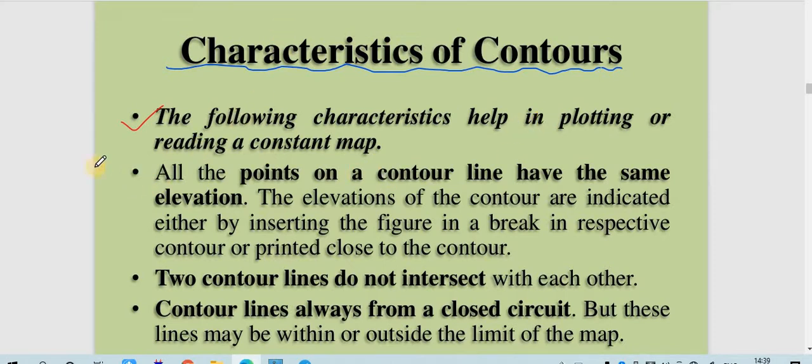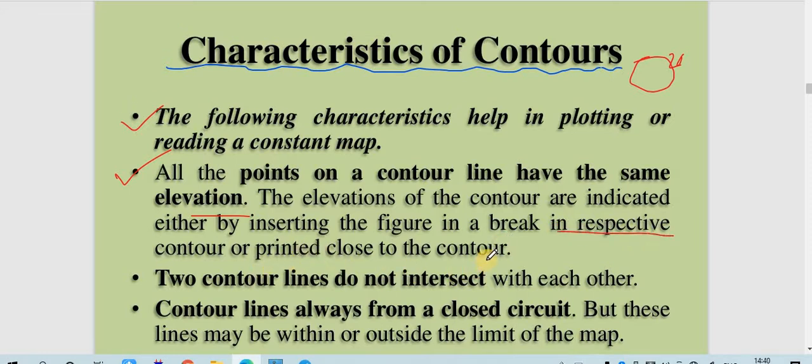The first characteristic is that all the points on the contour line have the same elevation. That I've told you. If you are drawing a contour line, that means it is indicating a particular level. That means if it is 20 meter, all the points lying on this line have an elevation of 20 meter. The elevation of the contour lines is indicated either by inserting the figure in a break in the respective contour,